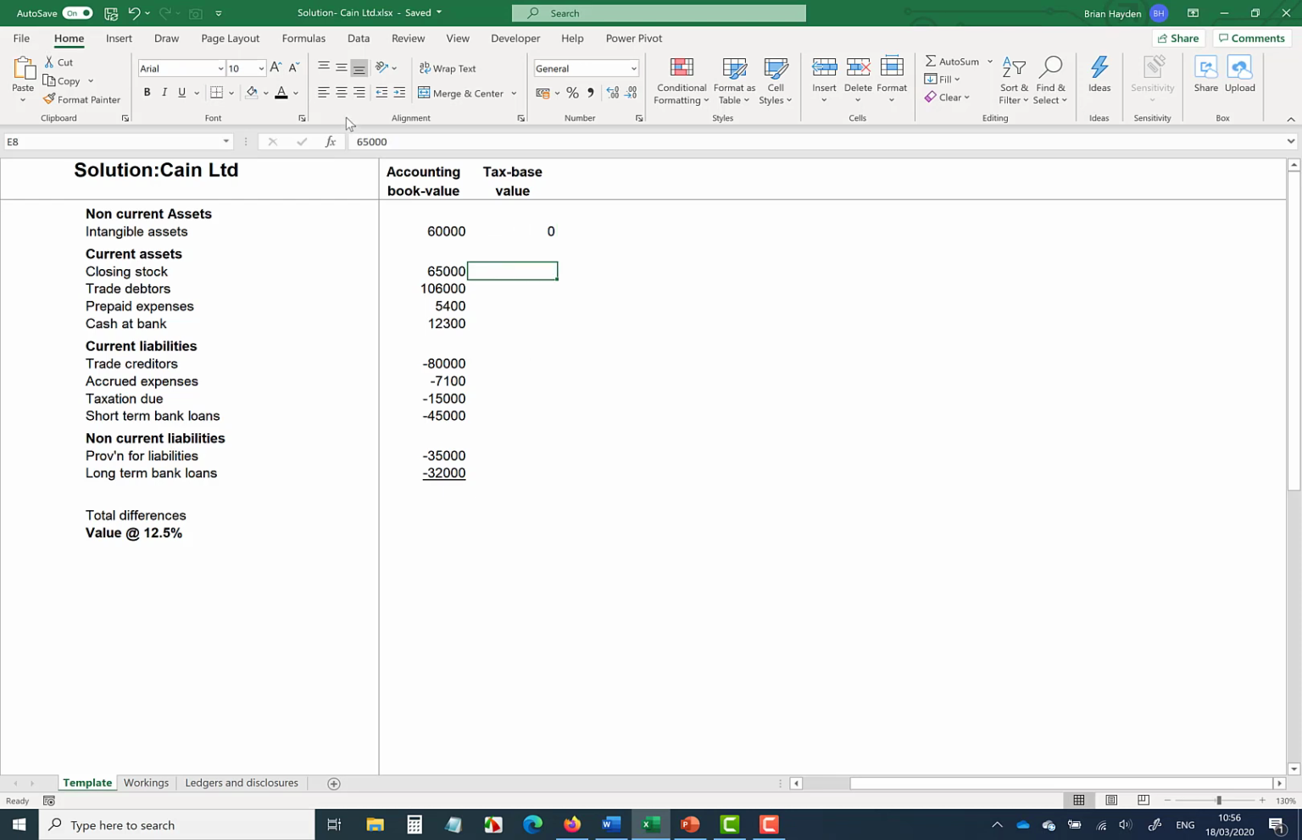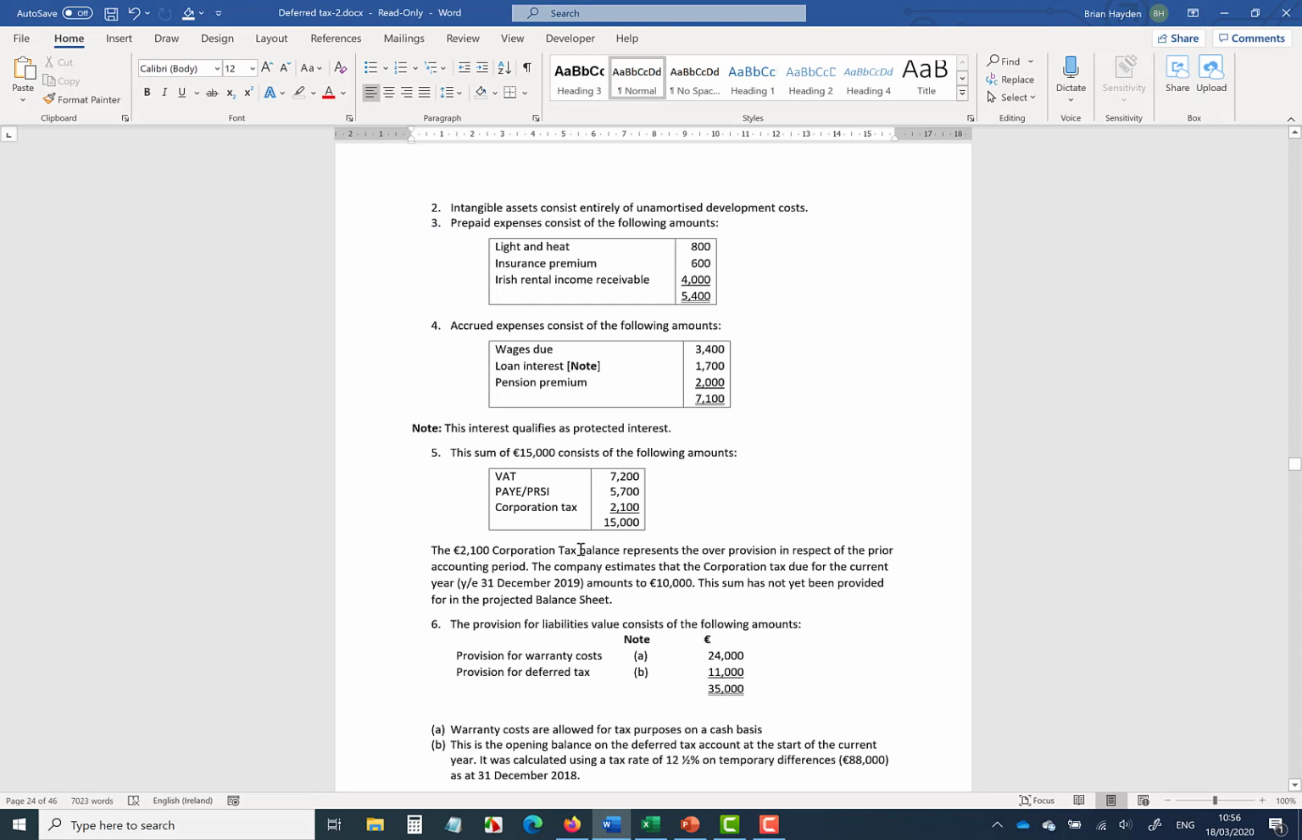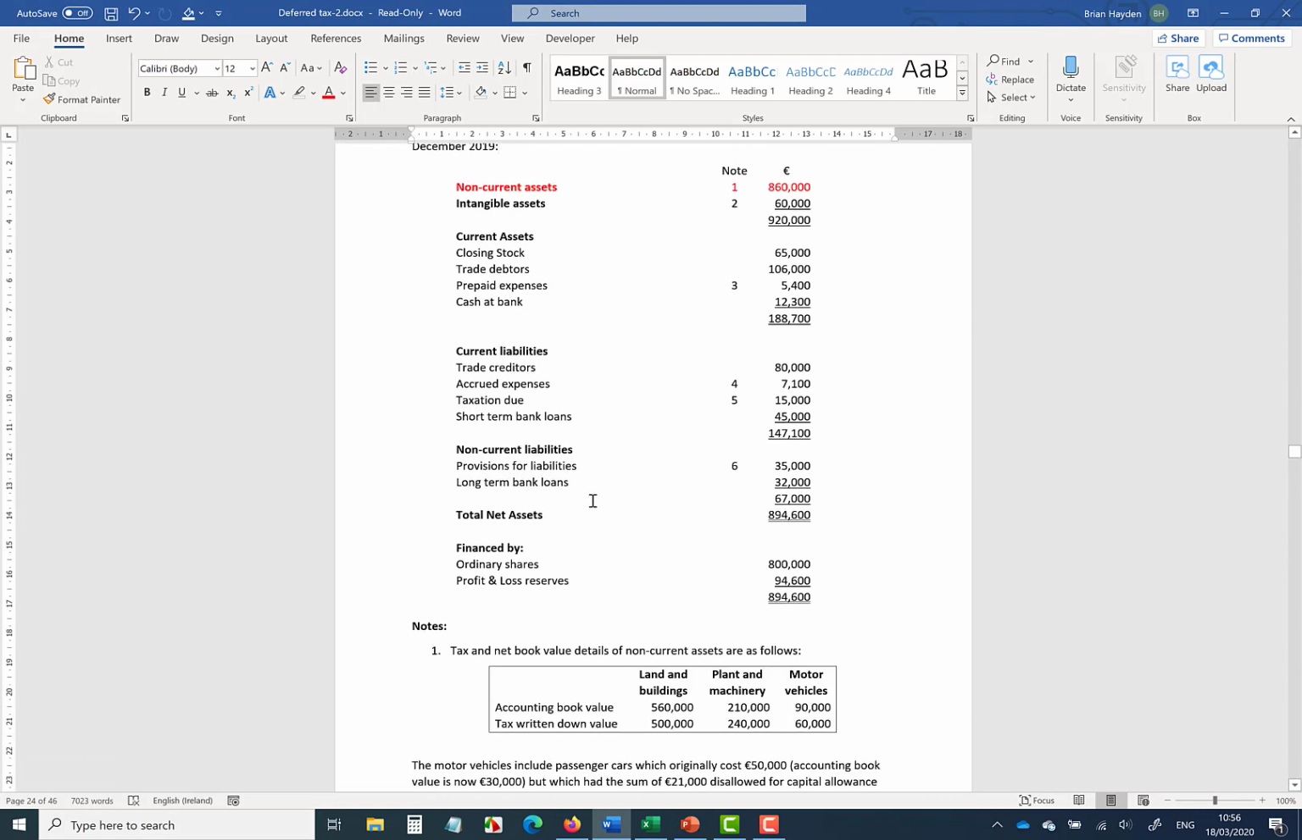Closing stock, we saw already that is allowed, that is matching the carrying value. So we don't need to do anything on that. Trade debtors, there is a consideration here if there are provisions for bad debts. But in this particular question, trade debtors don't have any provisions for bad debts, so the 106,000 carrying value will match the